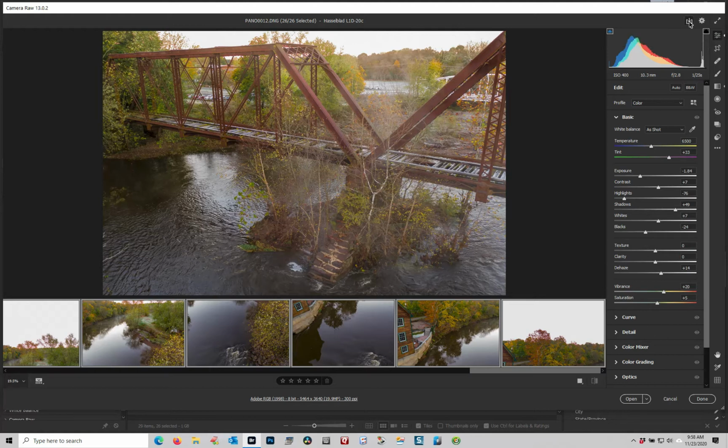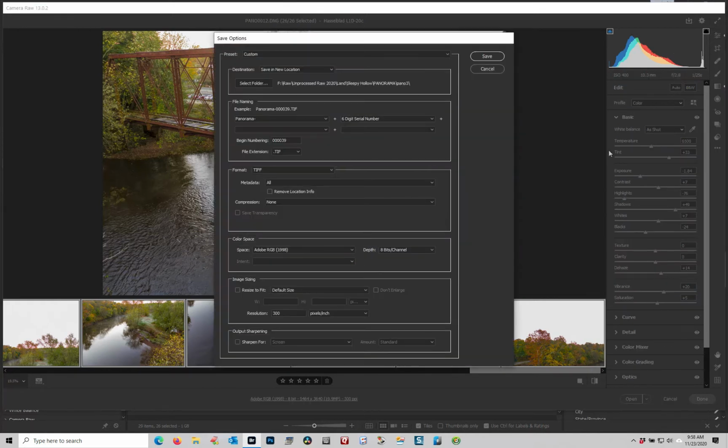So we're going to click on that. This dialog box will pop up and it'll ask you where you want it saved. But before that, what you want to do is make sure that your files have a particular name. I use Panorama with a 6-digit serial number. I start this initially